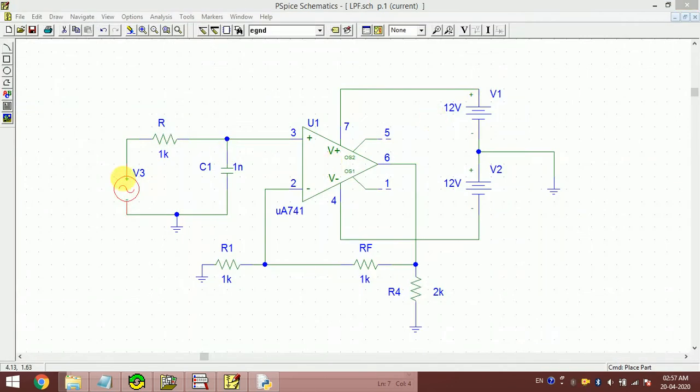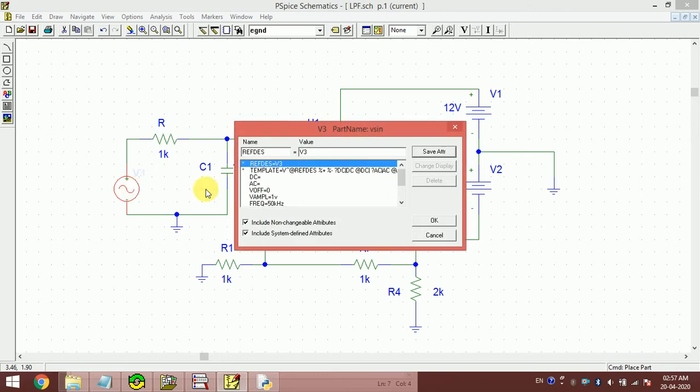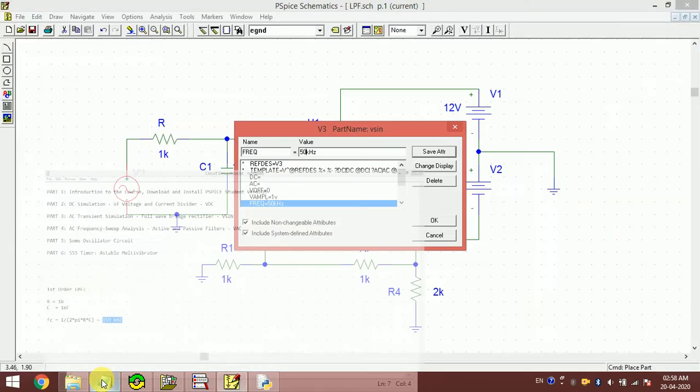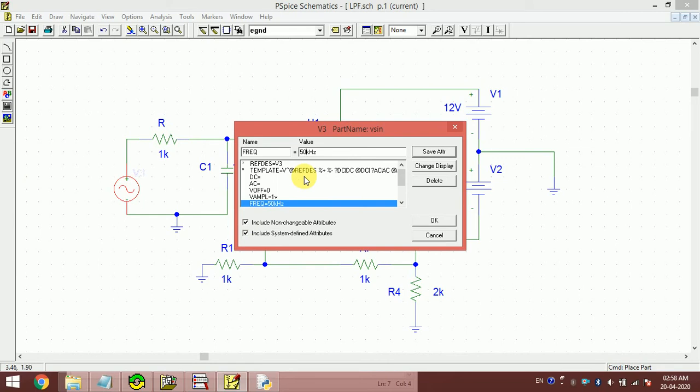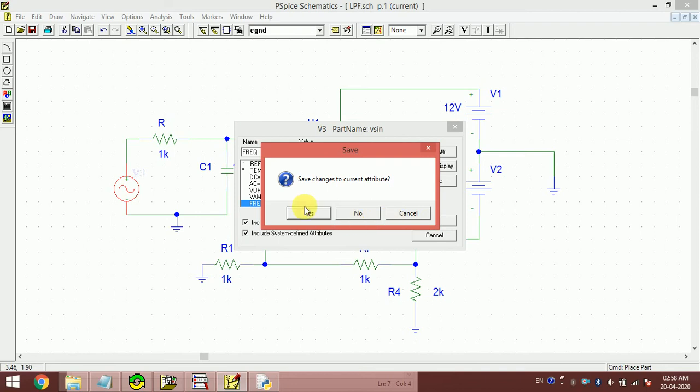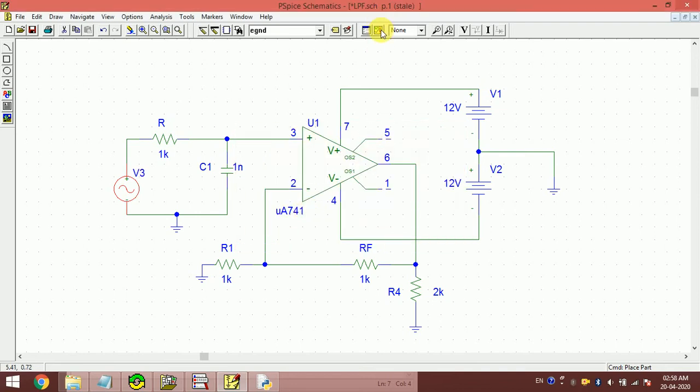Now let's increase this frequency. Let's make it something bigger than the cutoff frequency, which is 159 kilohertz. Let's make it, suppose, 200 kilohertz. So if I make it 200 kilohertz, and again we run the simulation,